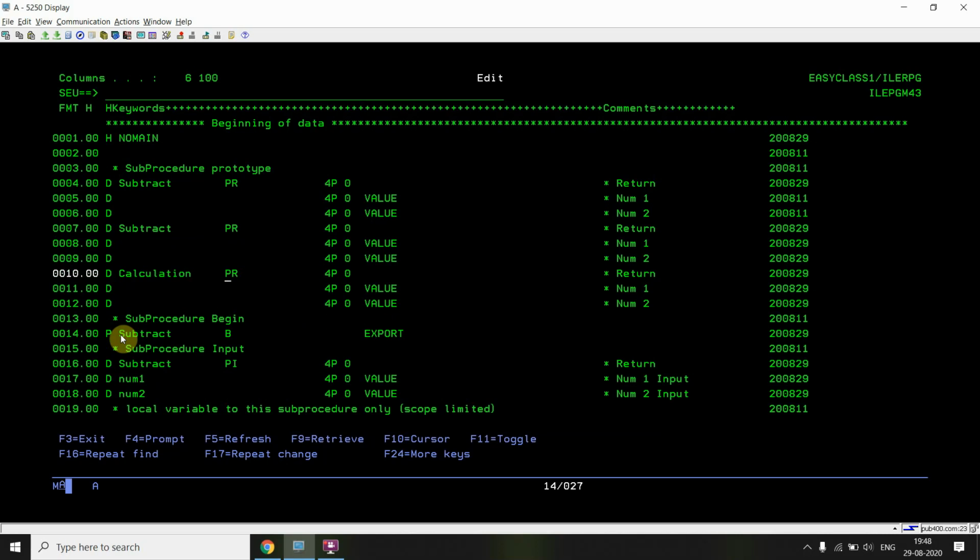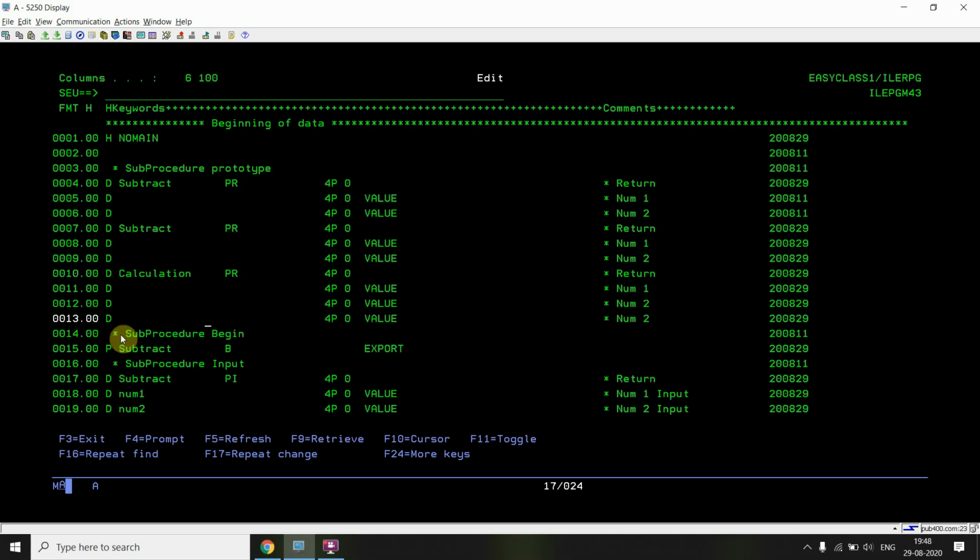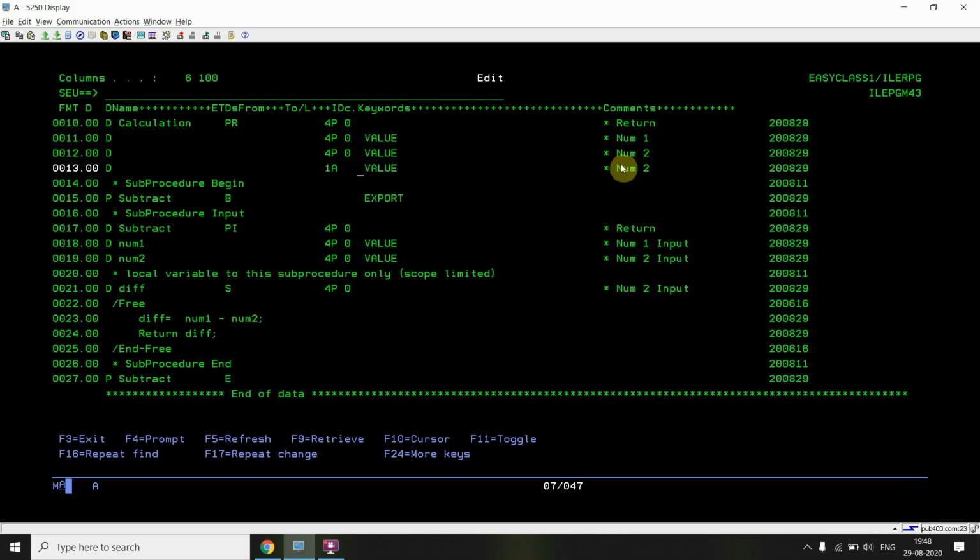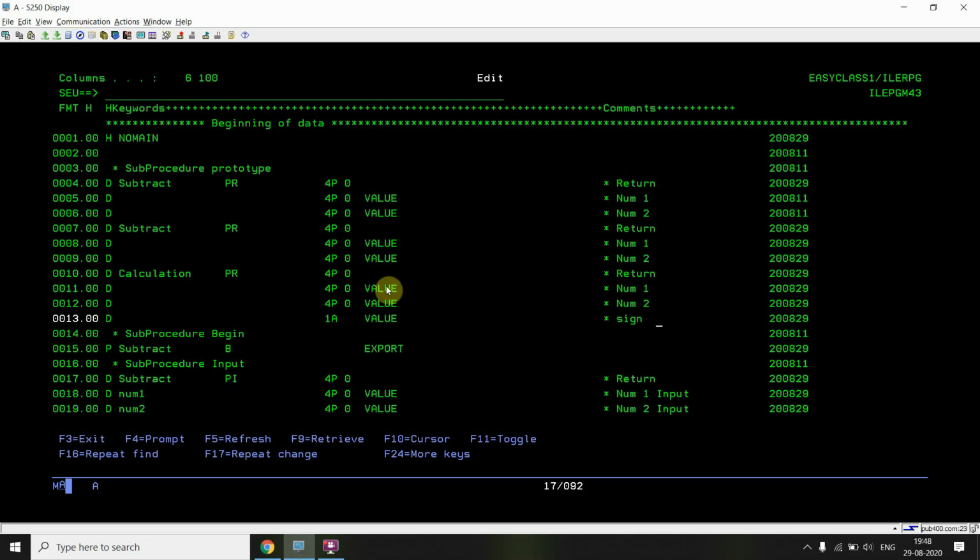So what will calculation be doing? It will be taking two numbers as input and a sign. The sign would be either plus or minus. In case of plus, we will be calling add, or in case of minus, we will be calling subtract. So we will be calling the add or subtract procedure in this module.